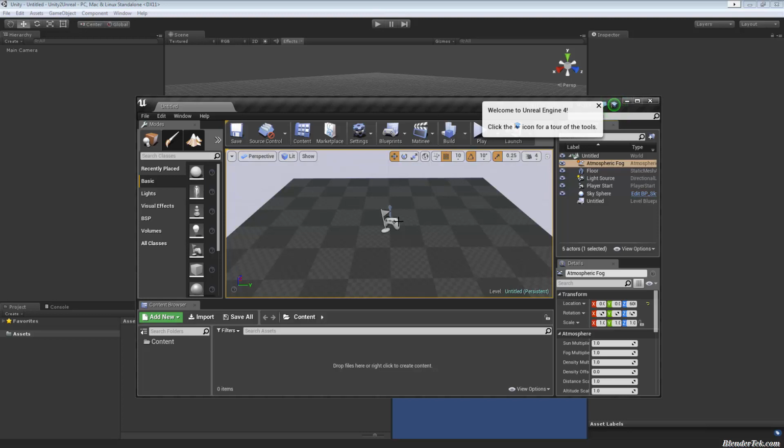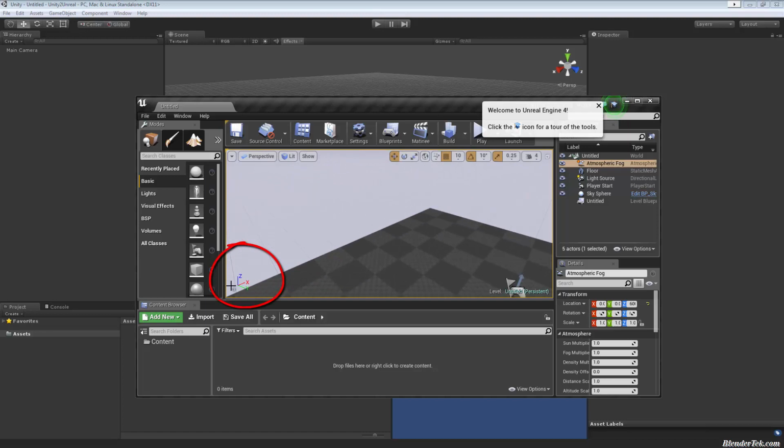Now, one thing I am going to mention about the UI first is the axes. Unity, as you'll see up here, uses a Y up axis. So Y is the up and down direction, whereas Unreal uses a Z up axis. You'll see right there the little axis indicator, just like in Blender in the viewport. They use a Z up approach, so that's very at home for me. If you're a Blender user, that's going to simplify things a lot. Just something to be aware of. I'm not going to go over all the buttons and stuff, but yeah, Unity Y up, Unreal Z up. So just something to keep in your brain.